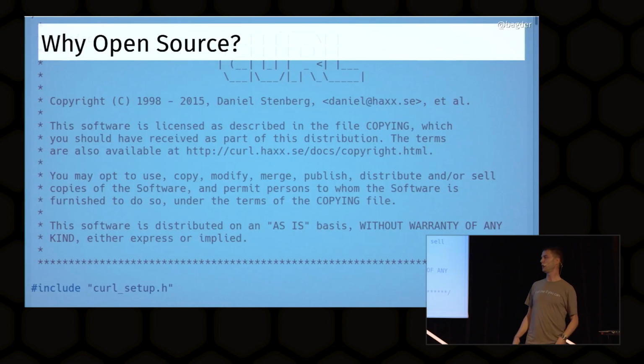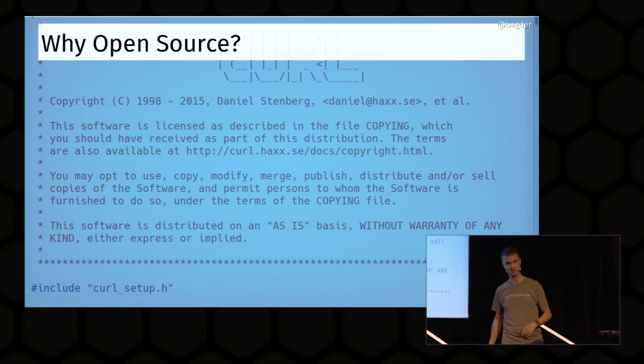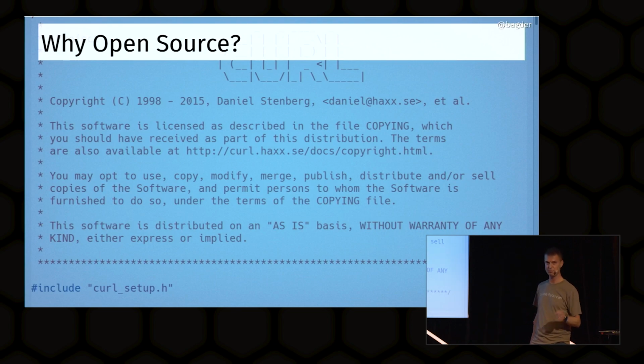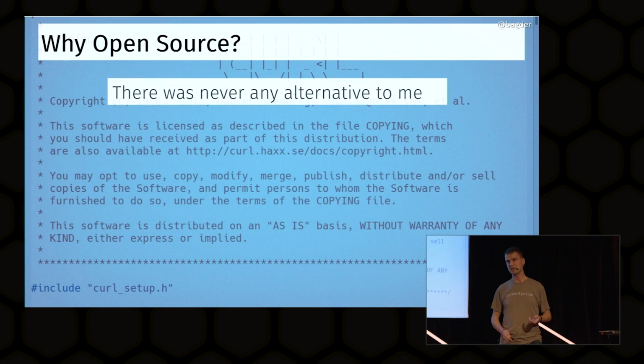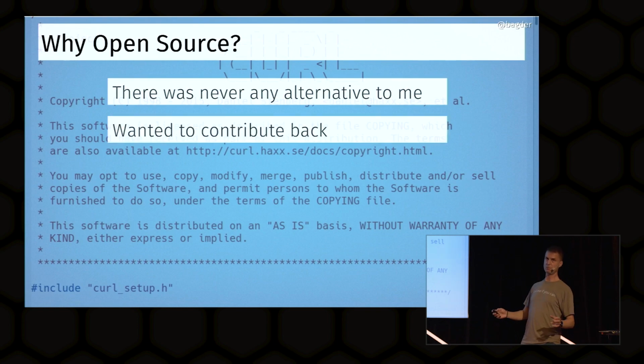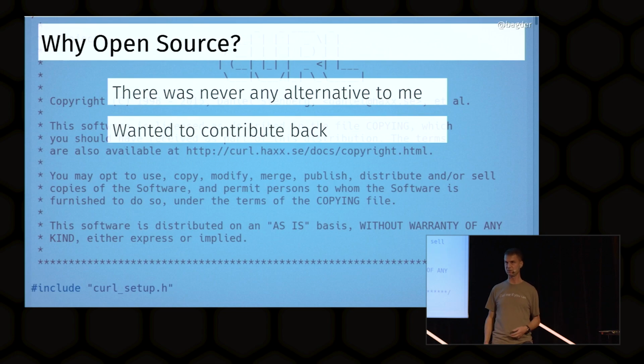Right. And of course, people then often ask me, what if you had gotten just a little tiny dollar for every installation? You would have been rich. But yes, I released this as open source from the beginning because I thought open source was the only way to make this really good and really widespread in use. So no, it wouldn't have worked. People wouldn't have used it.